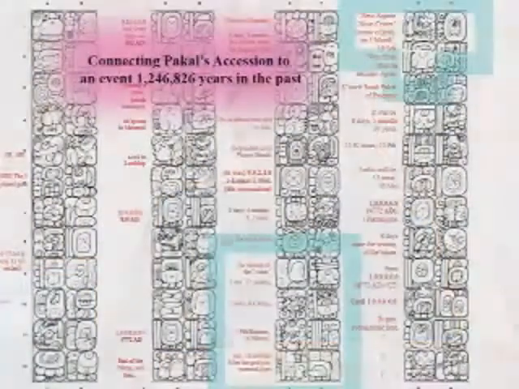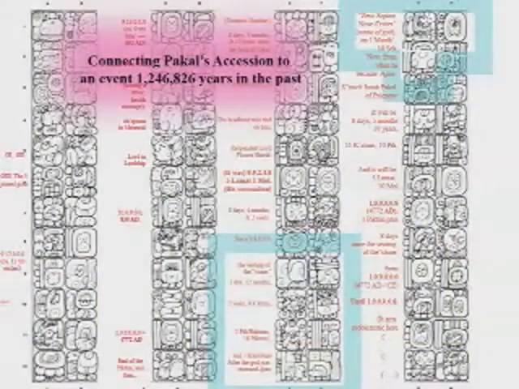And just to make sure that we know that he's going to do it for a long time, they jump ahead 9 years, then they jump ahead 137 years. Each of these is a period ending. And then they skip ahead to 4,000 years. But let's go back. The next event they talk about is the crowning of a god, which relates to the crowning of the king Piccol 1,000,000 years in the past.